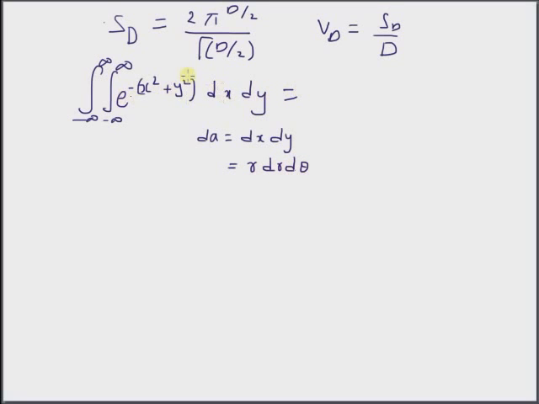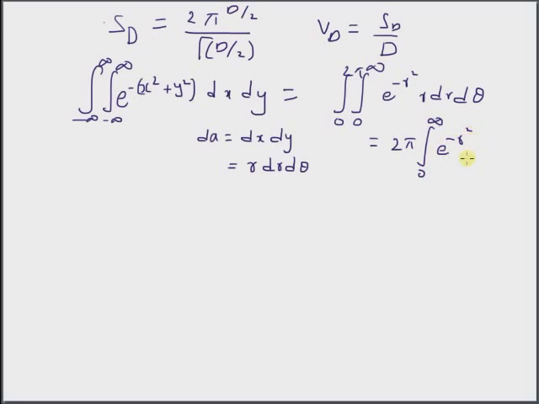So the surface area integral becomes integral 0 to infinity and 0 to 2 pi e power minus r square r dr d theta, which basically equals 2 pi, because the integral of d theta is theta, and you insert these limits, you get 2 pi, multiplied by the area under this curve, or area under this surface, over dr. And similarly, for the volume integral,